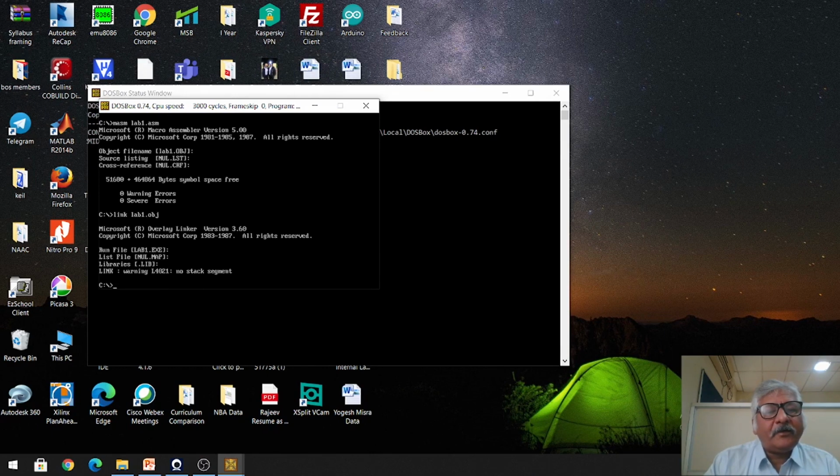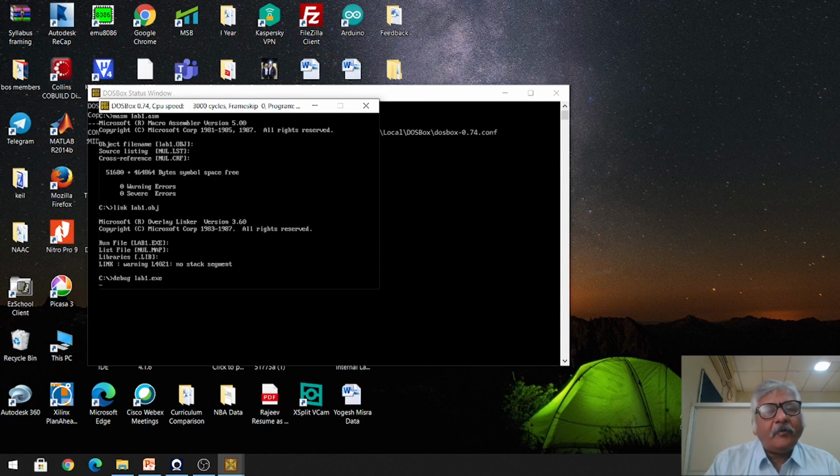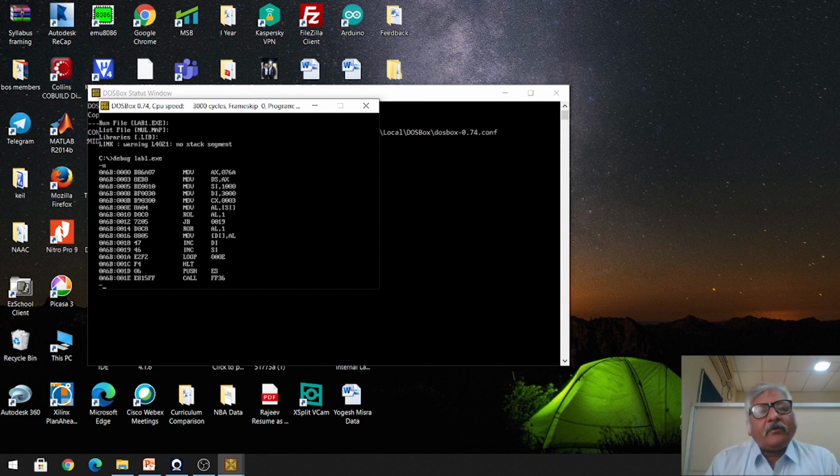Okay, the exe file is generated. Now I will use this exe file with the debug tool. I will unassemble my program. In this program you can see the first instruction, MOV AX, 076A.